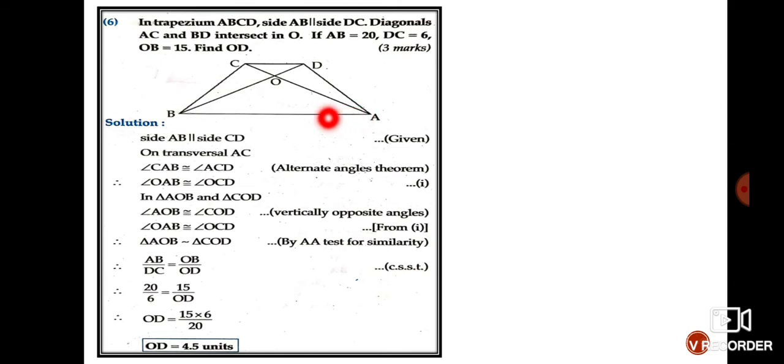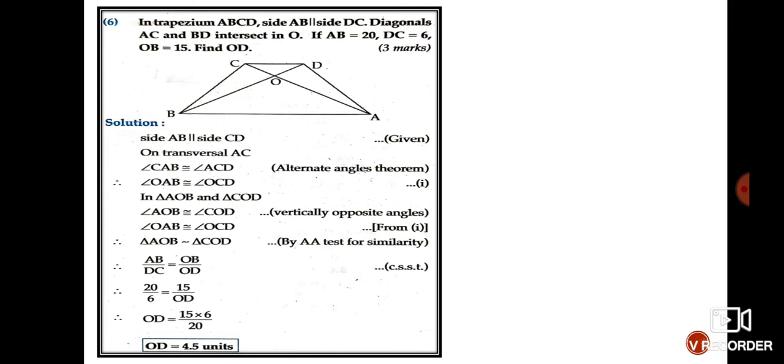So we are talking about side AB and side CD. Obviously we have to consider triangle OCD and OAB. So here we have three sides given and we have to find the value of OD. So in all these sums, it is the same thing. By now you must have understood, in such type of sums, we have to identify the two triangles and prove that the triangles are similar. Write the corresponding sides, substitute the values and get what is asked over here.